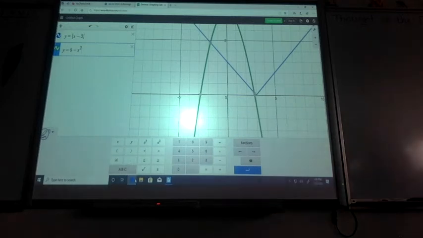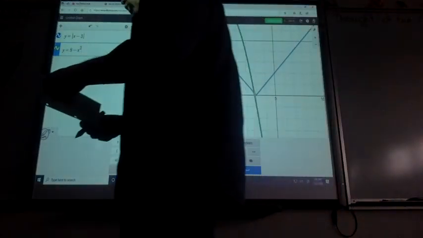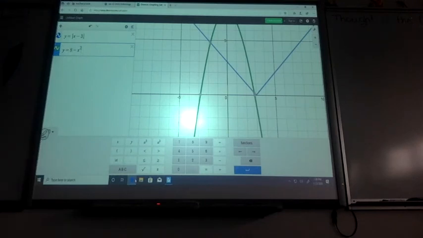Okay. So problem 11. Come on, my friends. Problem 11. That is not exactly how problem 11 is written in the book, is it? How is problem 11 written in the book, or in your worksheet? I have the right side equal to the right side. I have absolute value of x minus 3 equals 8 minus x squared, right? So what letter am I not concerned about solving on this problem? I don't need y. Does that make sense?